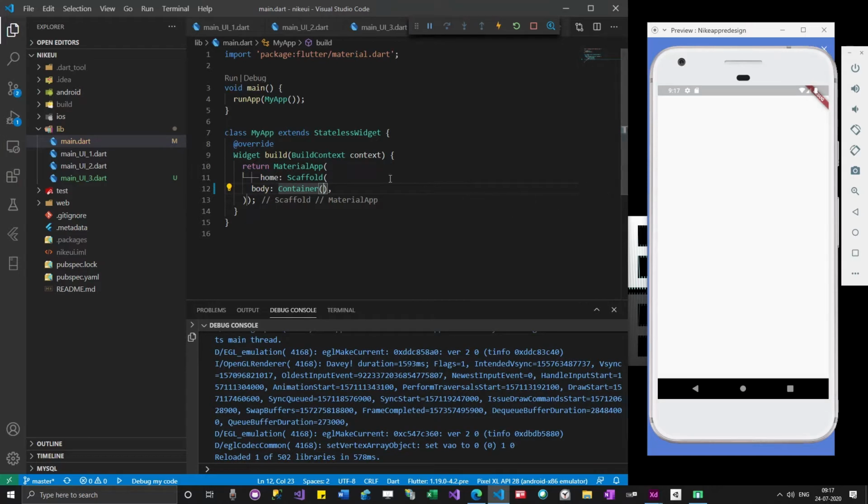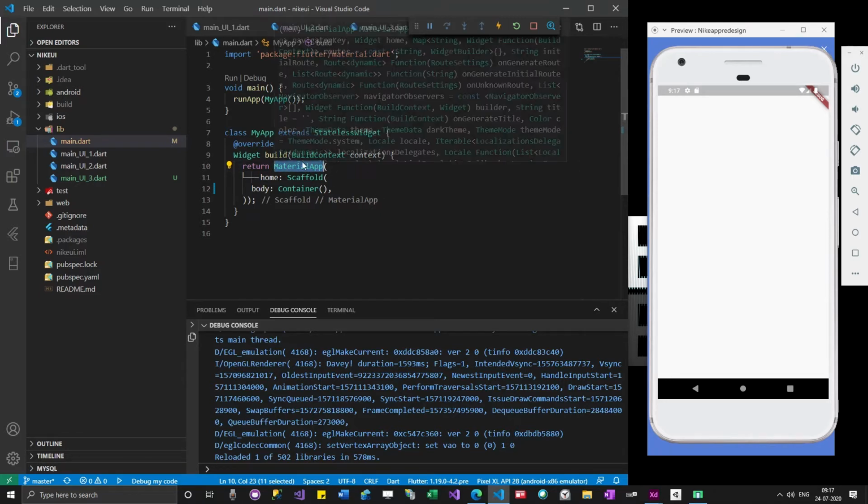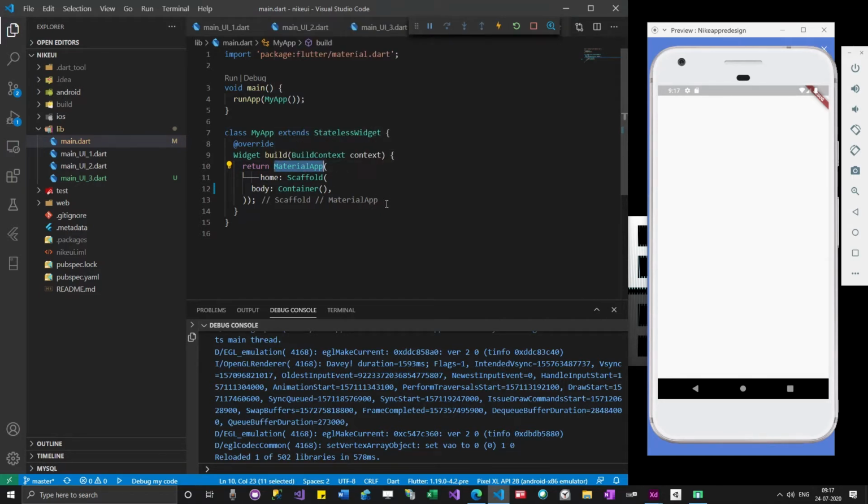About this MaterialApp, it is the design standard from Google. Once you add this, all the elements inside your app will have some particular styles. For example, when a button is clicked, a kind of animation will come, like a wave. Such things are taken care of by MaterialApp.